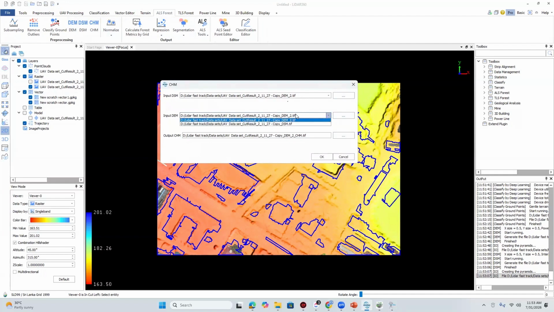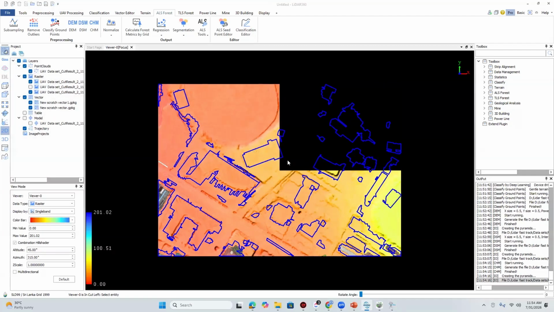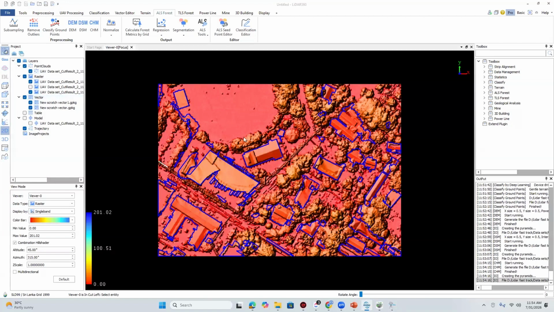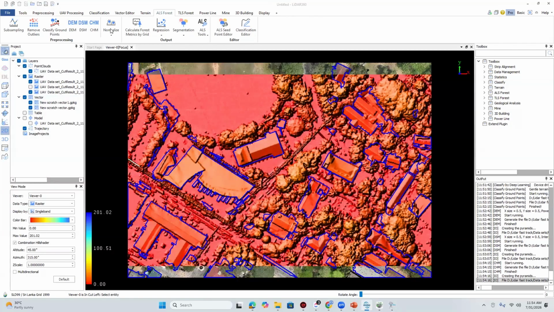This is the general workflow for the segmentation. So you have remove outliers and other pre-processing steps. Then you can classify the ground points, and then you can create the DEM and DSM, and finally you use the DSM and DEM for the CHM model, and then you can run the